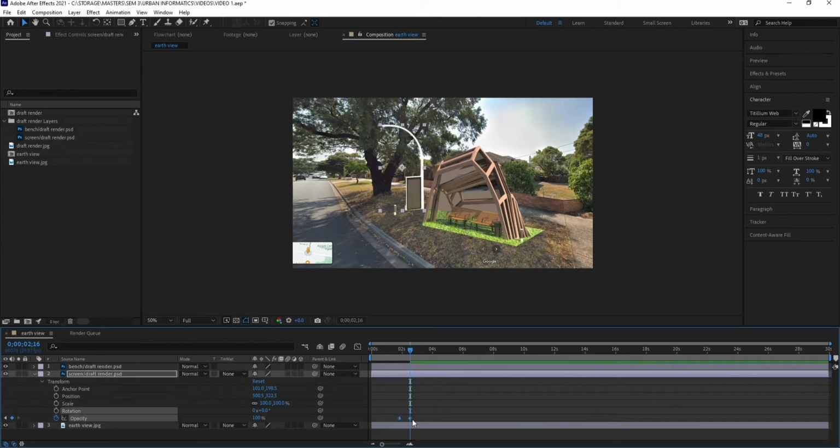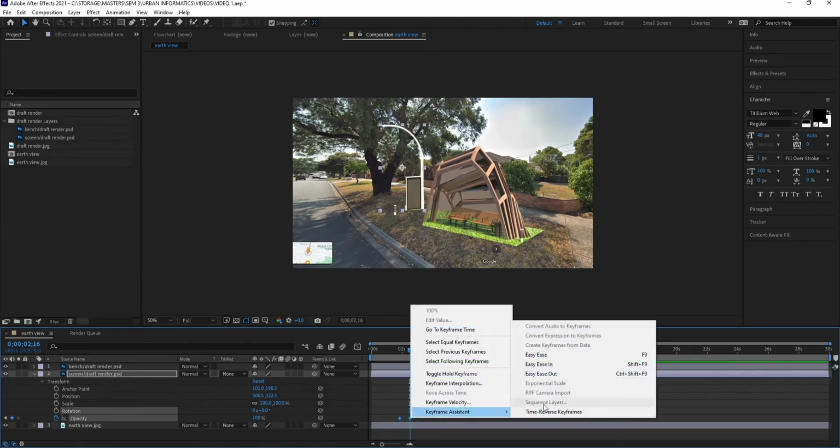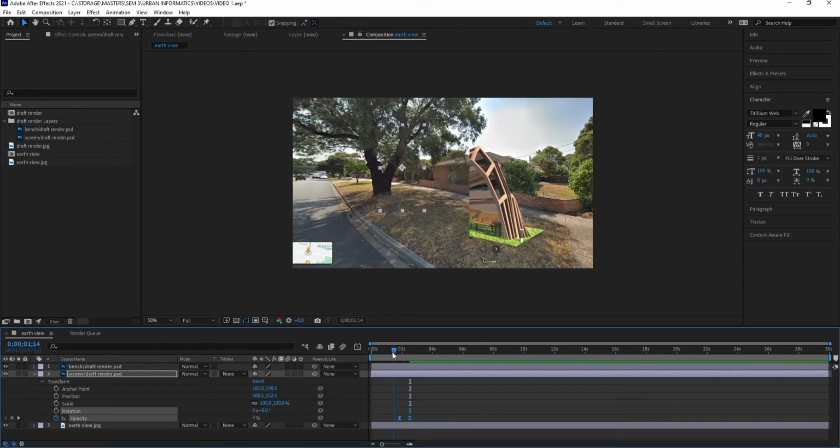So now it's just appearing like a fade animation, but I want it to appear from the ground, which means I have to add another transformation. So this is the position. So once you're on the position, you can grab it down or even towards the side, whichever position you want it to appear. I'm just gonna set it here,